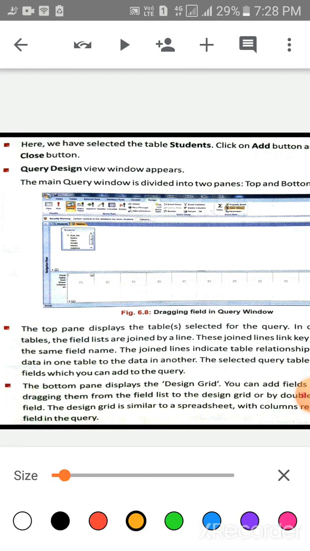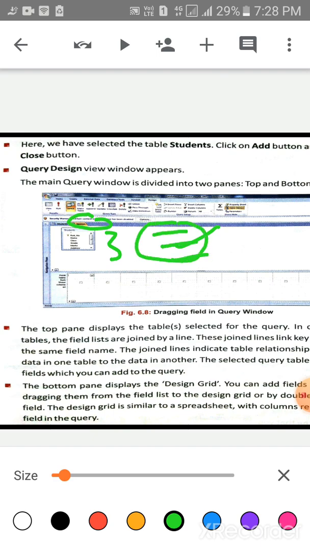First of all, children, the top pane displays the table selected for the query, and these are the fields. In case of multiple tables, field lists are joined by a line. Suppose two tables are there.